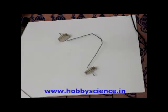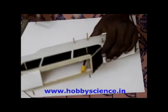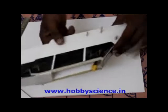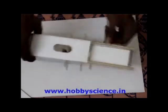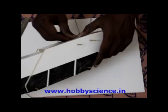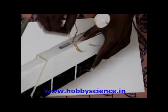Let us see how to fix the landing gear to the plane next. To fix the landing gear, take the plane and fix these two sticks here. These are the landing gear sticks. You see this? This is the trainer plane, and two landing gear sticks are inserted through the fuselage. Now take this landing gear which has been built. Keep it like this. The second stick is there. In that, take one rubber band, put this here like this, and then